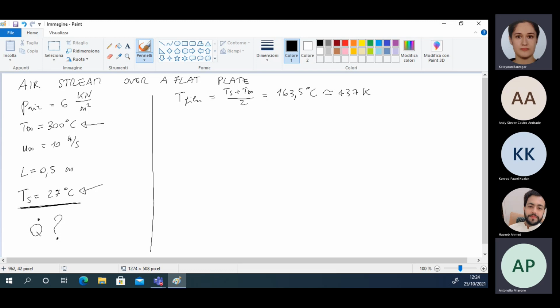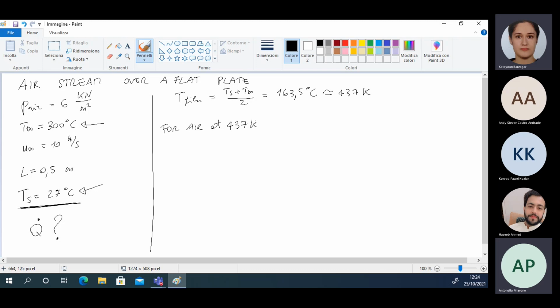Now we have to estimate the properties at this temperature, but in the tables that you can find in the handbook, for example, in the book of applied thermodynamics, you frequently find the properties at atmospheric pressure. So I have that for air